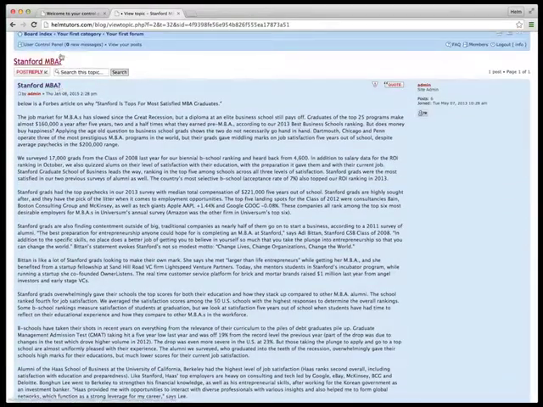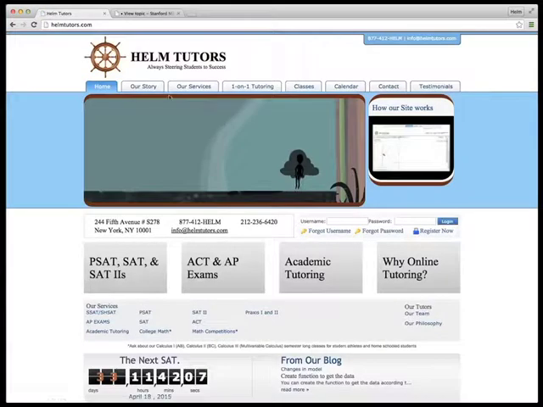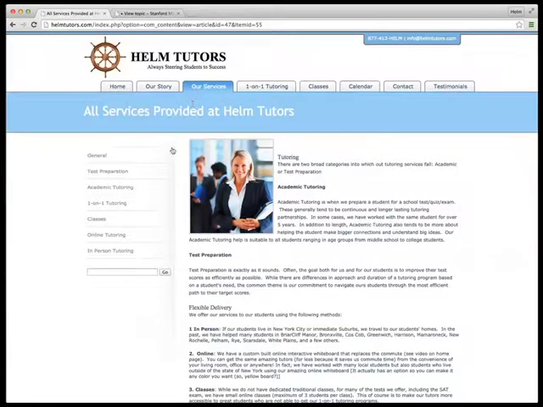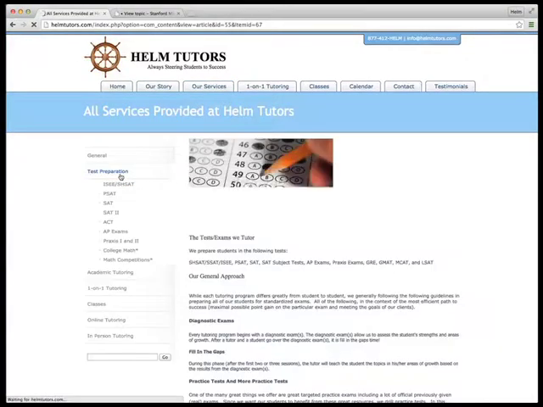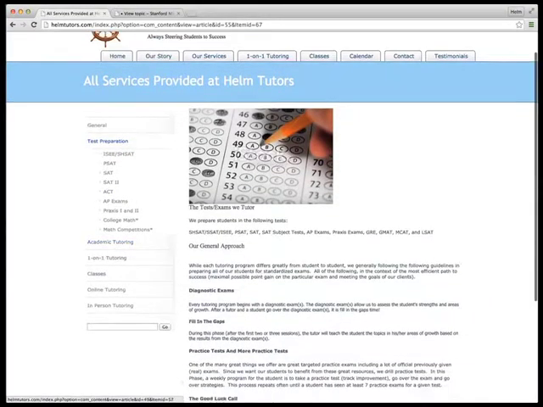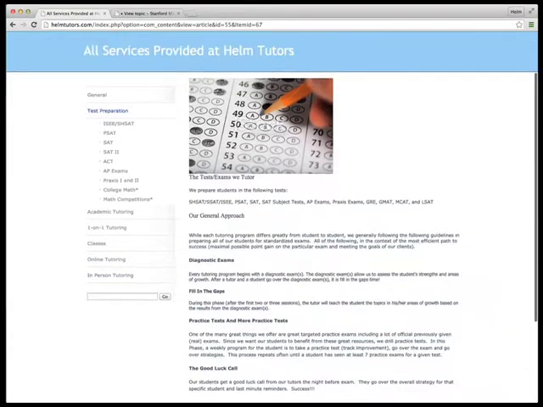Of course, if you'd like to learn more, we offer a wealth of specific information from our main menus at the top of our homepage. Check out our story, our services, our calendar, and equally importantly, our testimonials. From the Our Services menu alone, you can learn a lot of details about our approach to both academic work and test preparation. If you need to contact us, you will find many options under our Contact menu.